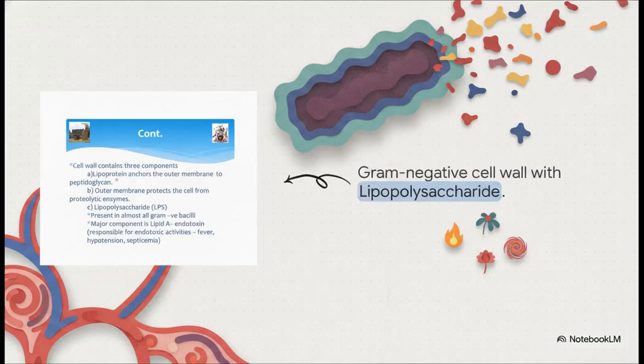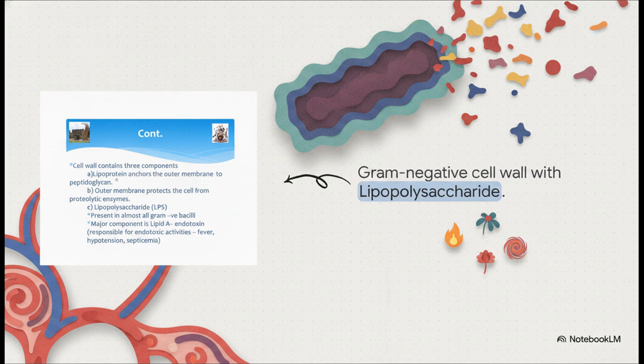So the crucial point here is the extreme clinical danger presented by that Gram-negative envelope. That outer membrane contains a structure called lipopolysaccharide, or LPS, and embedded deep within that LPS is lipid A. Lipid A is a potent endotoxin. When a Gram-negative bacterium is destroyed, whether by our immune system or by the antibiotics we administer, this lipid A is dumped right into the host's bloodstream. That triggers a massive, uncontrolled inflammatory cascade, which is responsible for terrifying endotoxic activities like high fever, severe hypotension, and